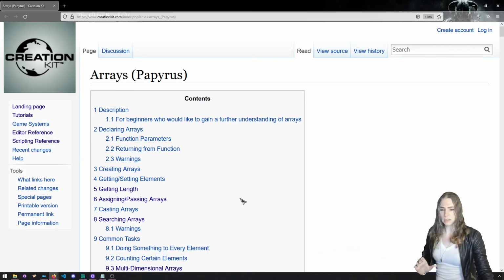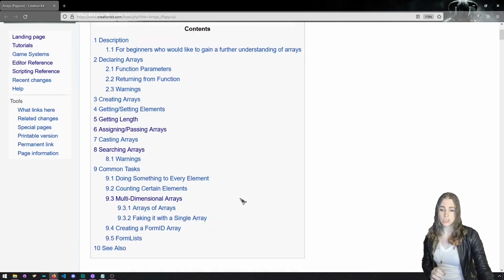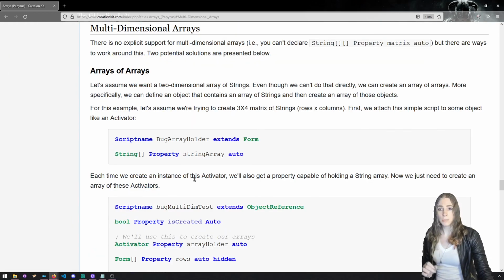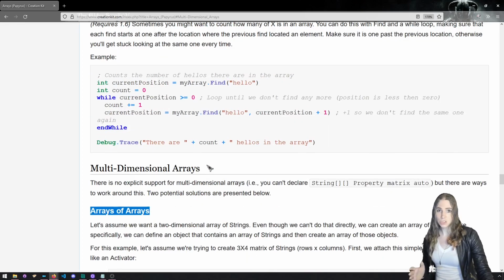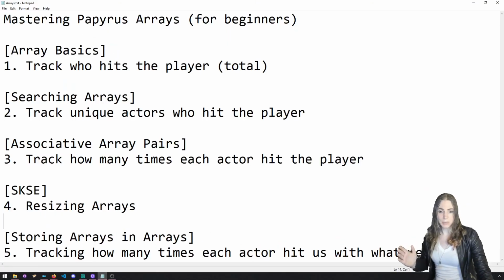There's a big truck outside. Couple different patterns for doing it, and you can find them on the arrays page on creationkit.com. You want to look under multi-dimensional arrays and specifically arrays of arrays. This is a really great pattern, and I planned on showing this to you, obviously, because it is here in